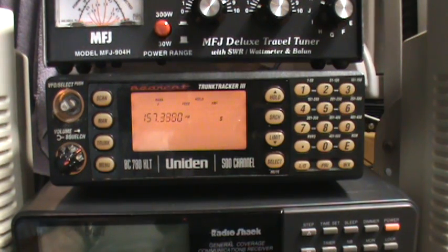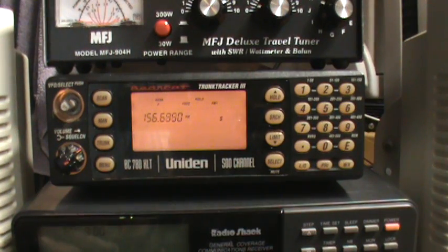And you're looking at my Uniden BC780 XLT scanner radio, and it is scanning the marine bands. I fooled around with this thing for 15-20 minutes the past couple of days trying to figure out why it's not picking up anything. I've checked the antenna, the radio, and the software that's controlling it, and it all seems to be working. And every once in a while, I do get some broadcast on what I'm listening to, which is the marine